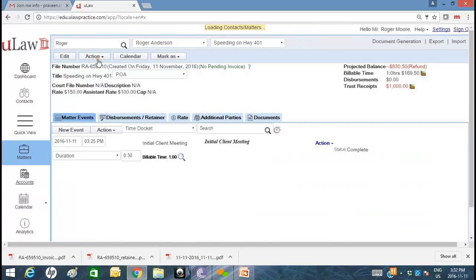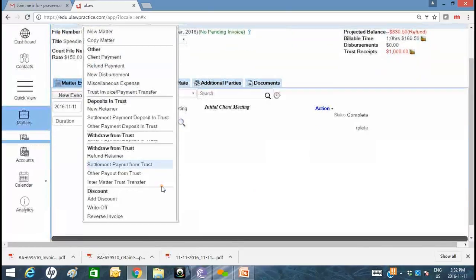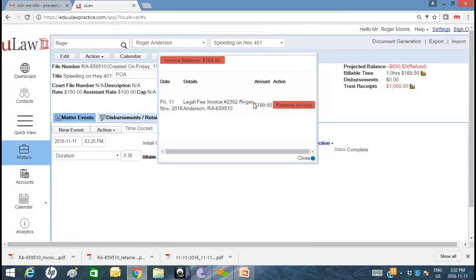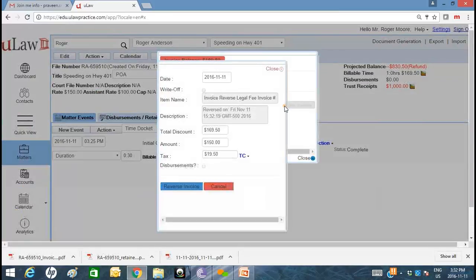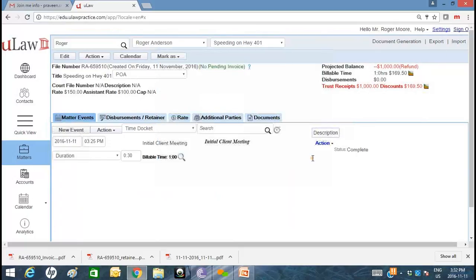If I were to go back and click on Action, and let's say you wanted to reverse this invoice because you did not add your disbursement, come here, reverse that invoice, and that's it. Now it's a very simple step to be able to reverse an invoice, and you can continue with your matter. You can add a new matter, new docket,